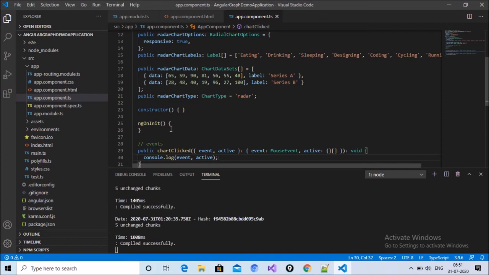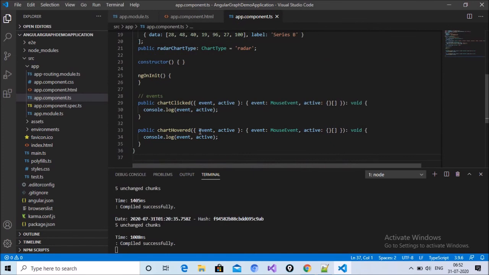The second step is that when I click on the graph it generates an event, and we can get the value of the particular point clicked on the graph. Below, I have written two functions: chartClicked and chartHovered. That means two events.